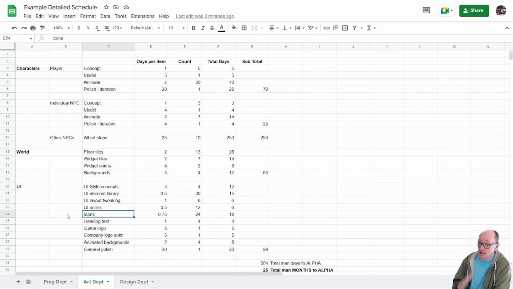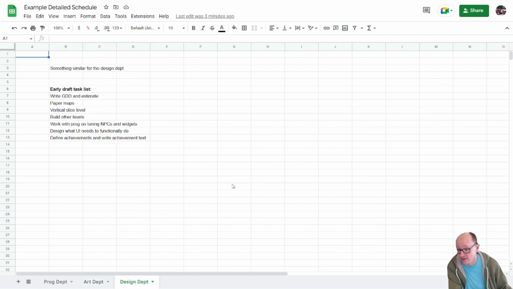And the artist might say, oh, good catch, let's add another line under icons that says achievement icons, and add those in. So a good producer can help spot problems with estimates, and get them fully fleshed out, because you really want to realize these things early on, not halfway through development.